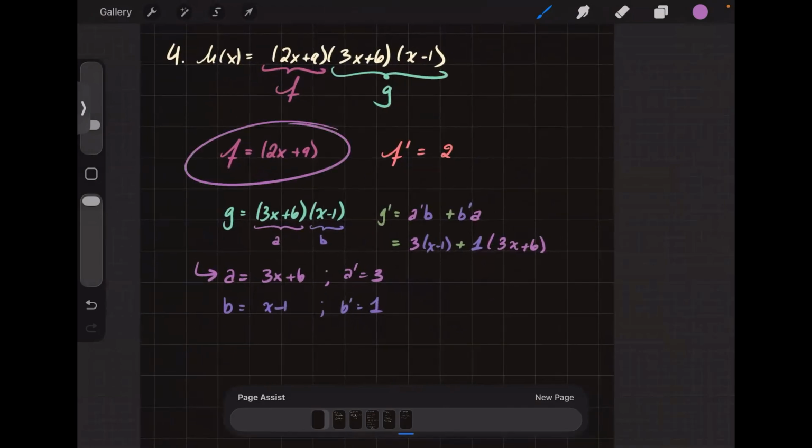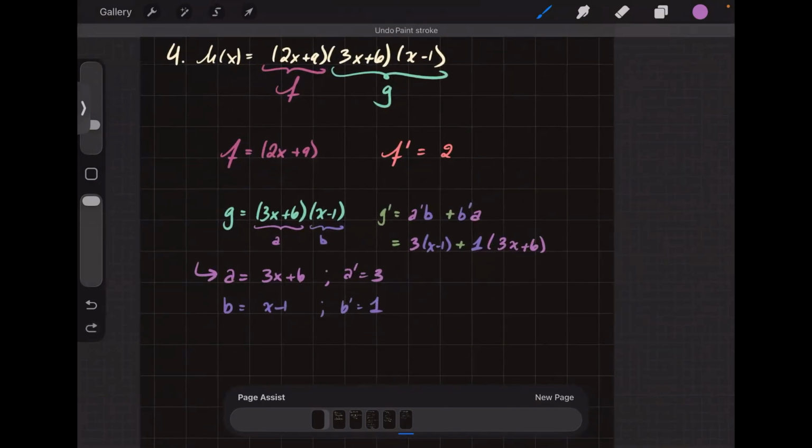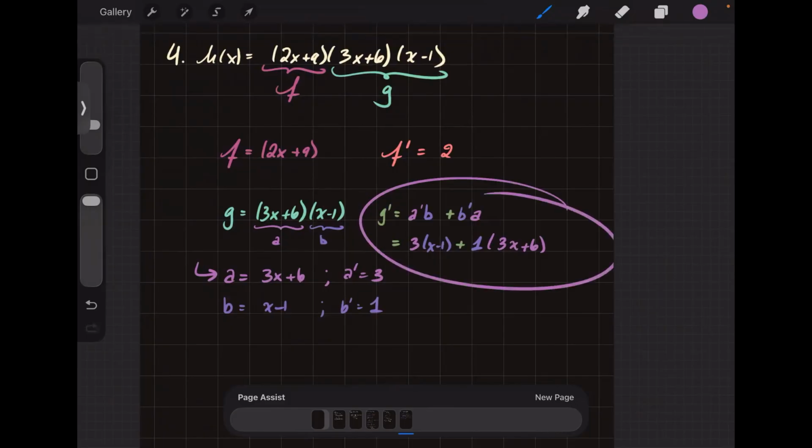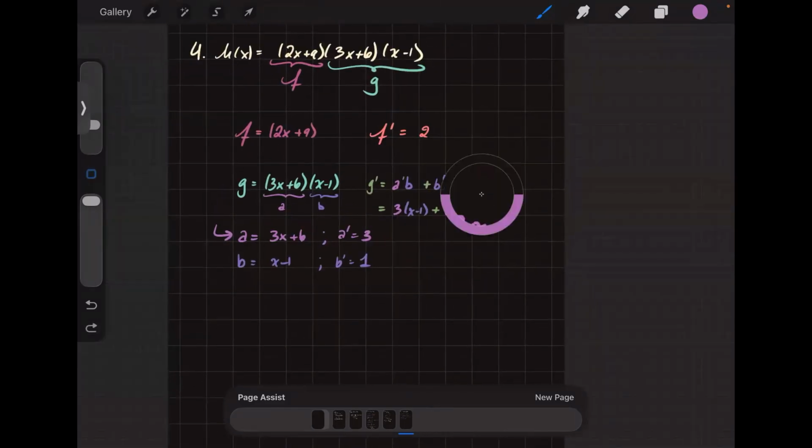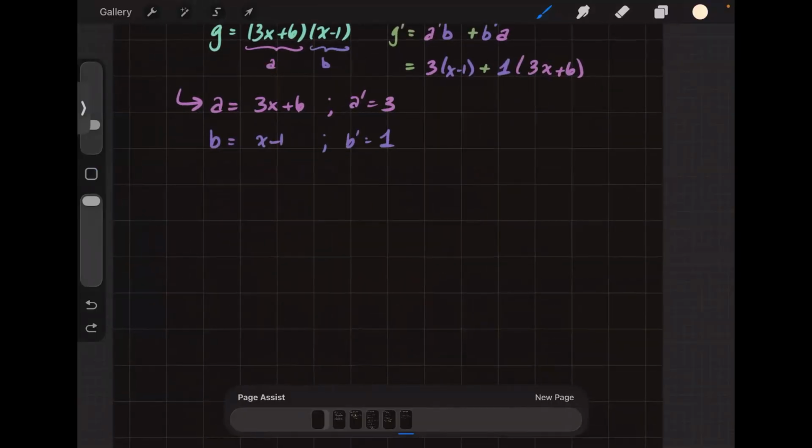Now you know what f is. f prime is g prime, right? So now what I'll say is, that means h prime is equal to